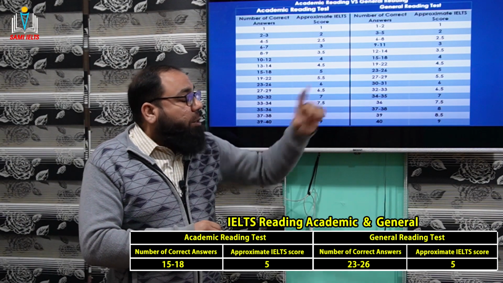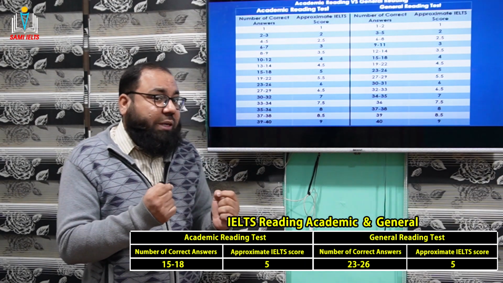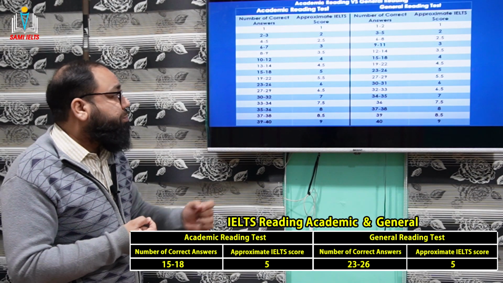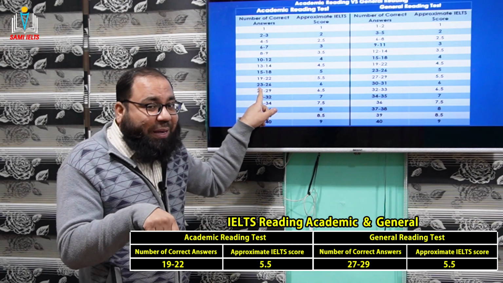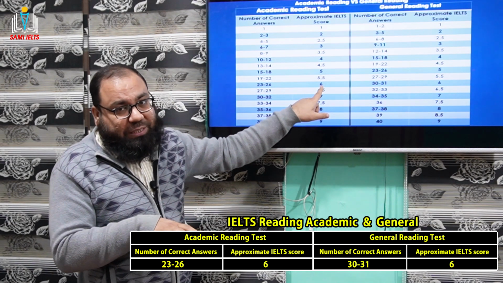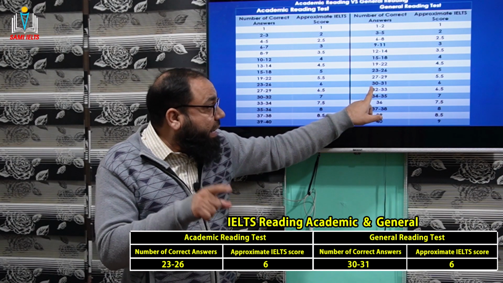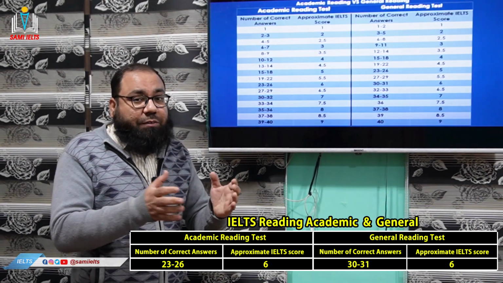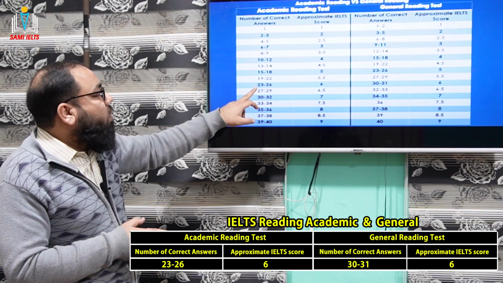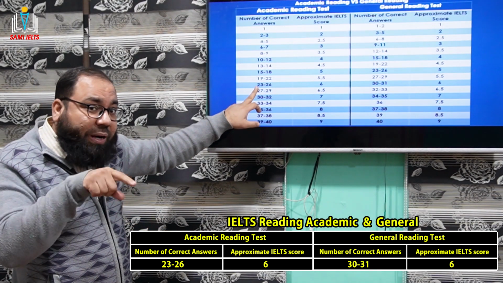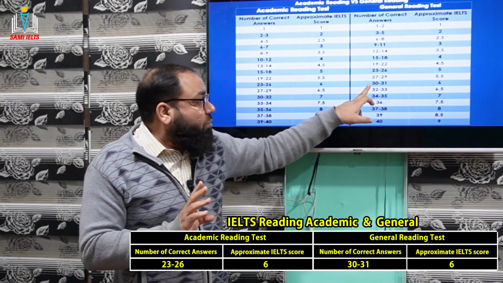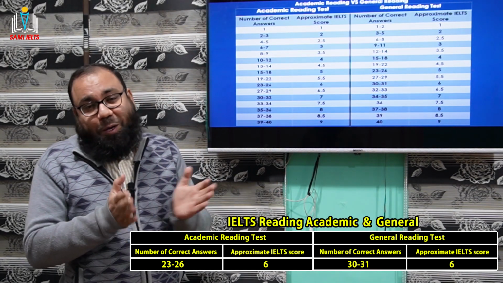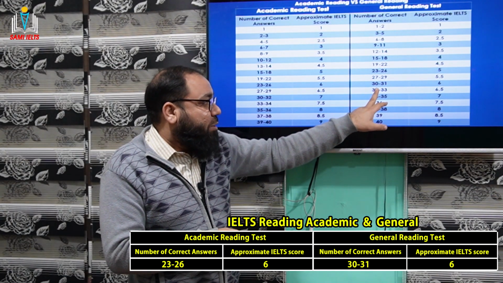But GT students, 23 to 26, which is really now more challenging, guys. Just imagine that 23 correct answers will give you 5 band. But if you correct 23 in academic tests, you straight away just get 6 bands. But if you correct 30 in GT, so you will be able to get 6 band in this case. Guys, see, there is now massive difference here, academic and GT. Academic students, 23 is giving you 6 band, but GT students 30, almost like 70 to 75%, or even 80% of your test, if you correct, then you will be able to get 6 band in this case.